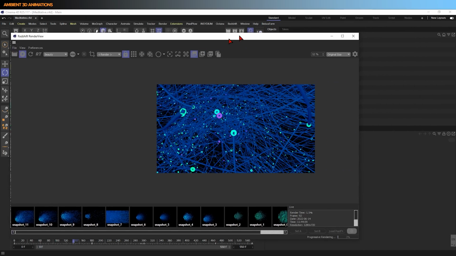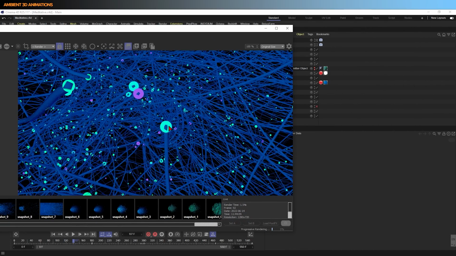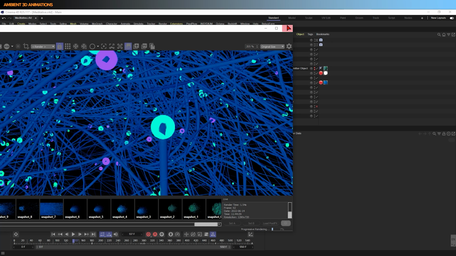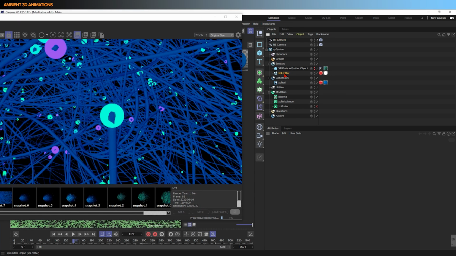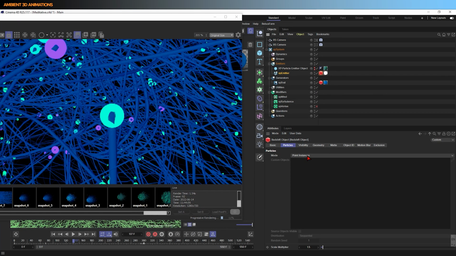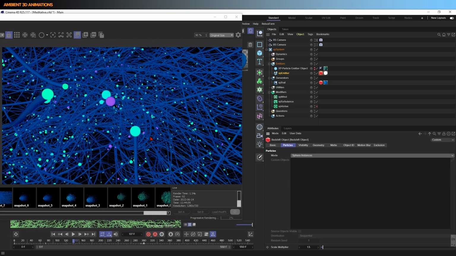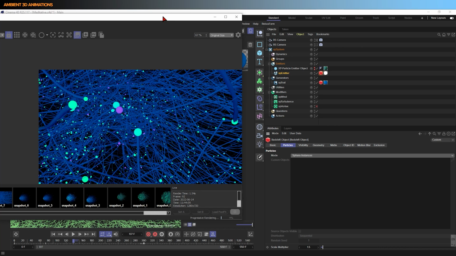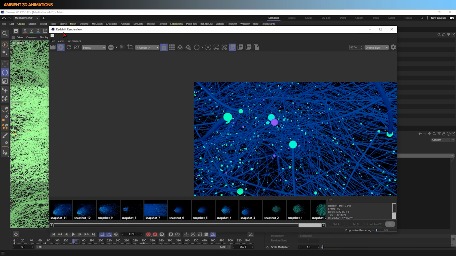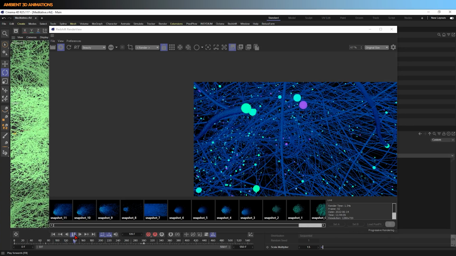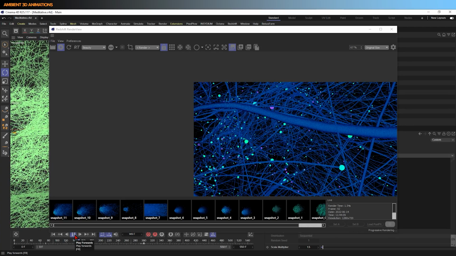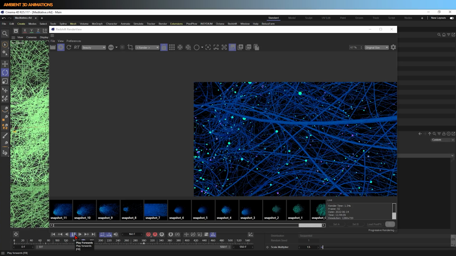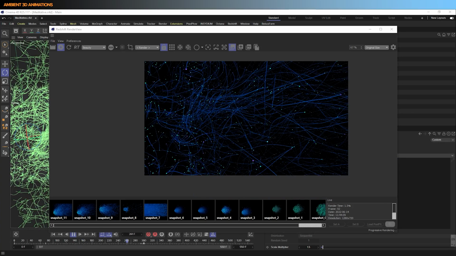So I would like to try to see if I can get rid of this weird thing that's happening there by adjusting the emitter. Instead of doing point instances, I'm going to try sphere instances, and that fixed it, so it's lovely. This is why we triple check everything to see if there's anything else we'd like to fix before the final render. So at this point, this animation is looking good to me, and I'm going to let you see this